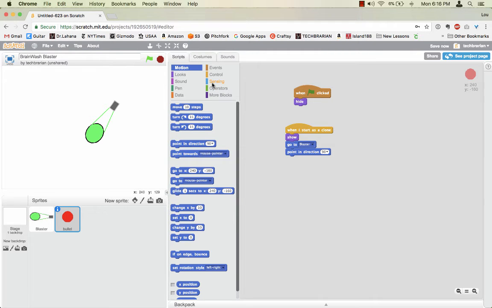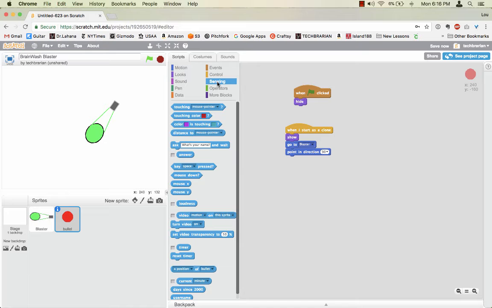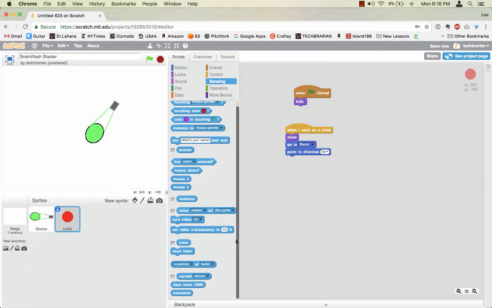Then we're going to do this slightly tricky code. We're going to go down to where it says X position of bullet, and we're going to change that to direction of blaster. So we're going to point in the direction of the blaster. So for instance, here the blaster is pointed this way, and now the bullet is pointing this way. So we're going to go to the blaster, point in the direction of the blaster, and then we're going to